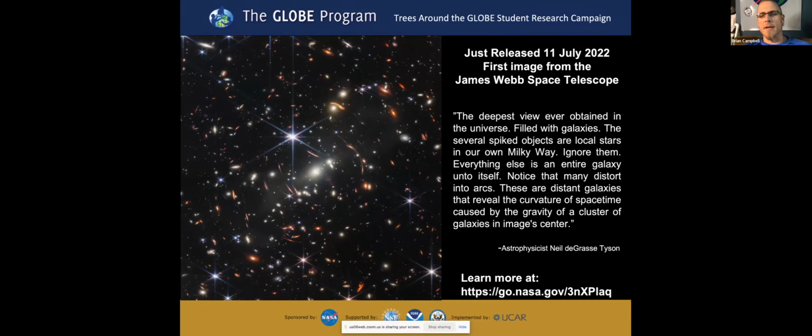And I took this little quote here from astrophysicist Neil deGrasse Tyson. It sums it up very well. The deepest view ever obtained in the universe, filled with galaxies. The several spiked objects are local stars in our own Milky Way. Ignore them. Everything else is an entire galaxy unto itself. Notice that many distort into arcs. You can see that often in this image. These are distant galaxies that reveal the curvature of space-time caused by the gravity of a cluster of galaxies in